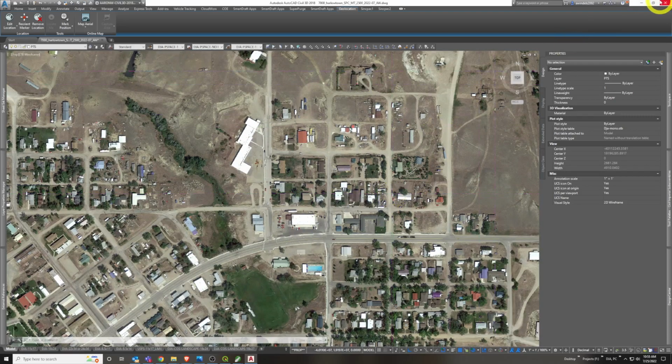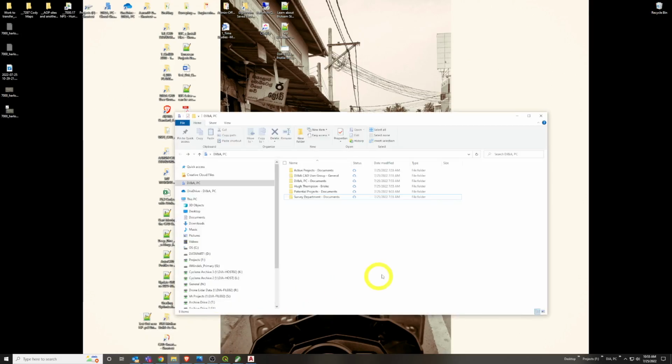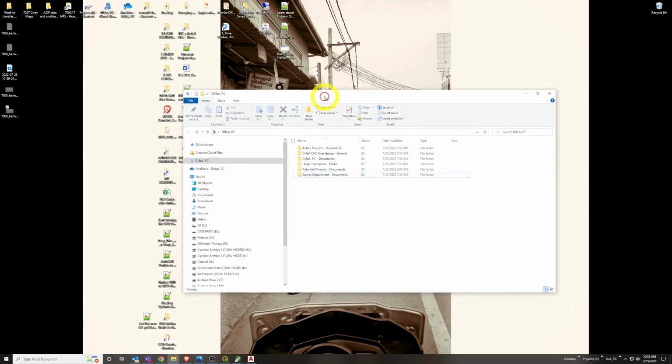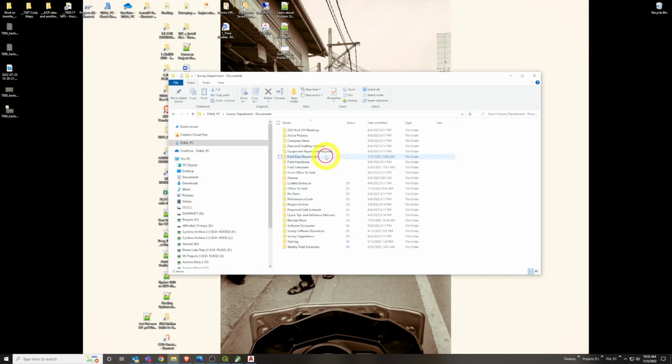Last thing, I just want to show where a lot of things are here. If we go to our high level, all of our survey department stuff is synced. It's all in the cloud, the vast majority of it, except for certain TBC files. Just remember to sync it through Teams or SharePoint. Let's go into the high-level survey department. A lot of this stuff is going to be contained here. Where I'm going, we'll go to